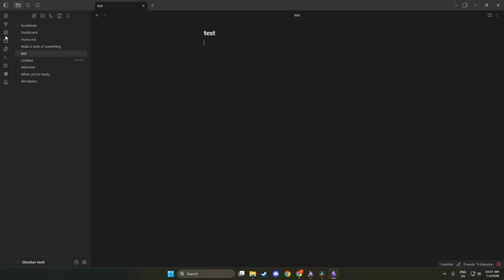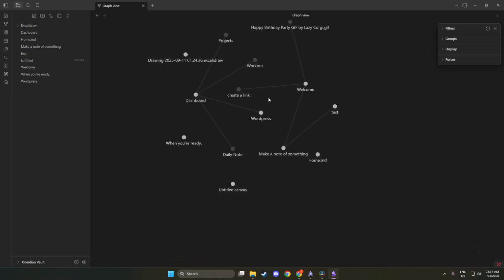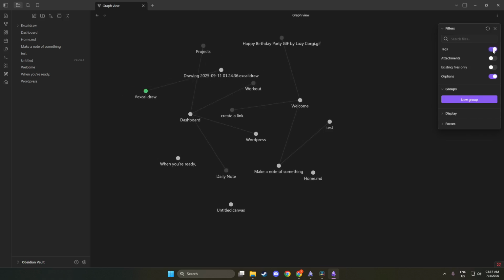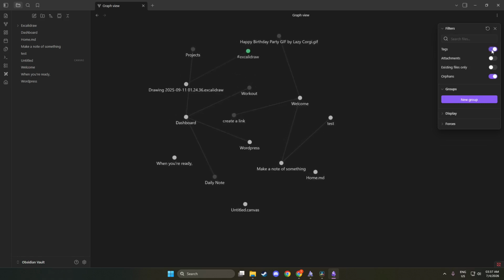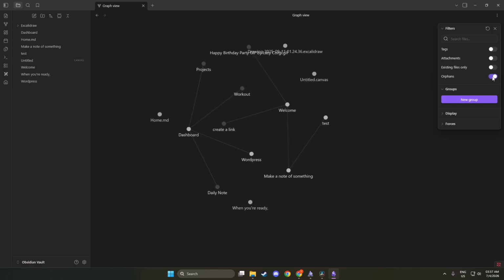You will see a colorful network of dots and lines representing your notes and their connections. Each dot signifies a note, while the lines show how they are interlinked. This visual interface is not just aesthetically pleasing, it provides a strategic way to analyze your knowledge base. You might notice clusters of notes that relate to similar topics, helping you understand your overall structure better.